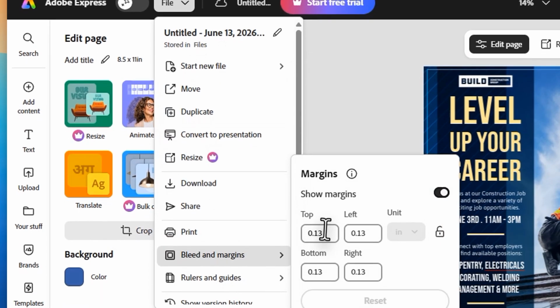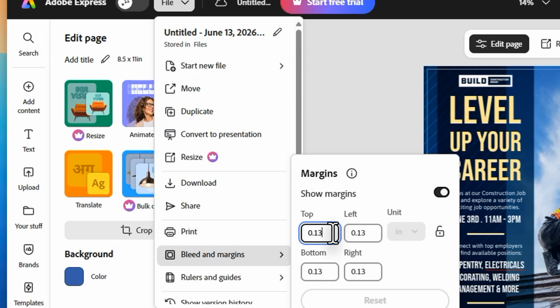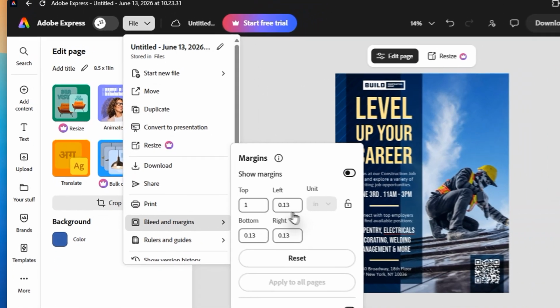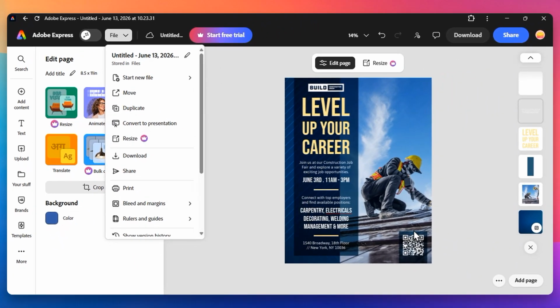Now that you can see the boundaries, it is time to enter your specific values. You can manually input your desired dimensions for the top, left, bottom, and right sides. Adobe Express allows you to work in inches, millimeters, or pixels, depending